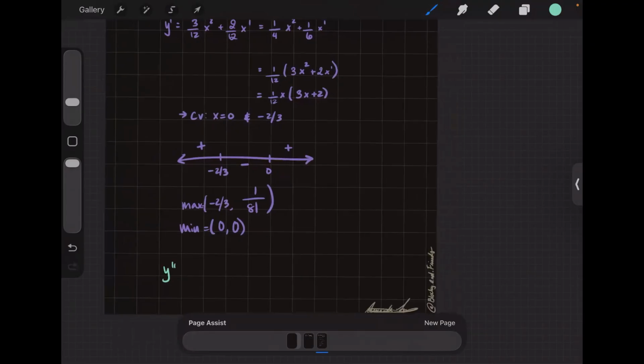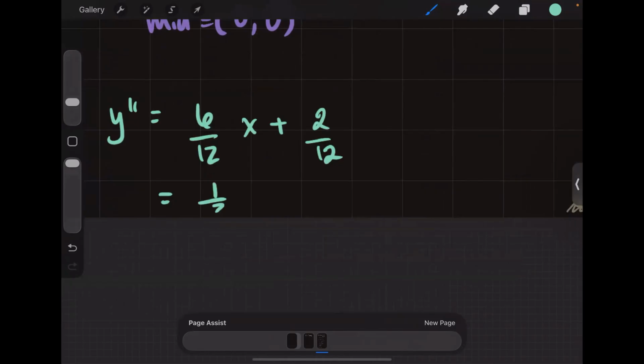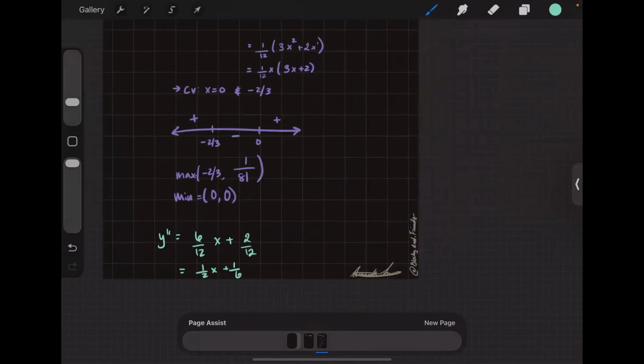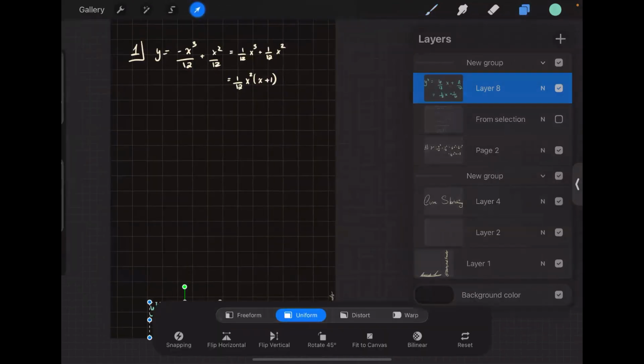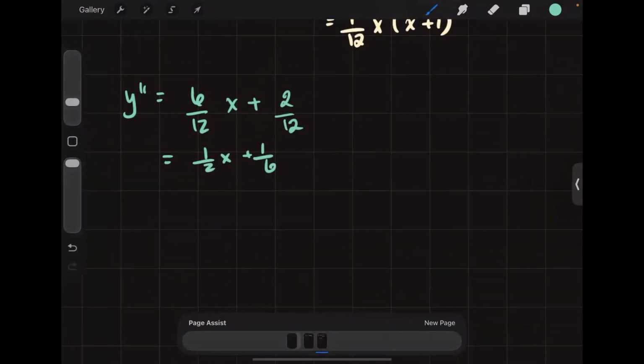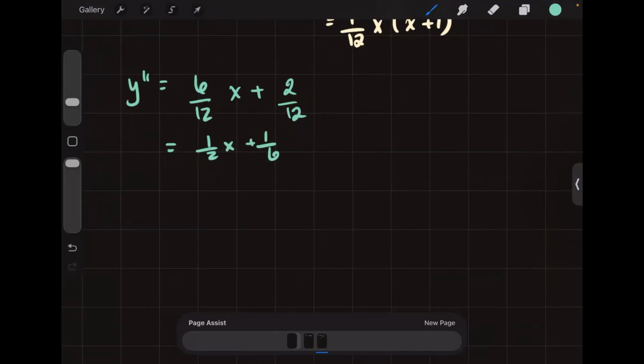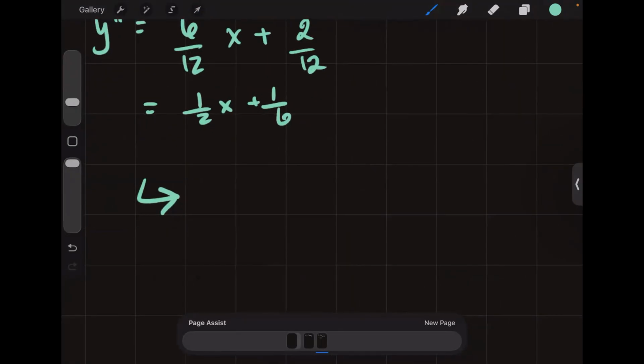So once we have this, you can say y double prime is equal to 6 over 12 x plus 2 over 12, which is going to equal 1/2 x plus 1/6. Okay, I'm going to shimmy that up so we have some space to work. Just like that. Oh, that is ugly. There we go. Right, which means we have, for our point of inflection,